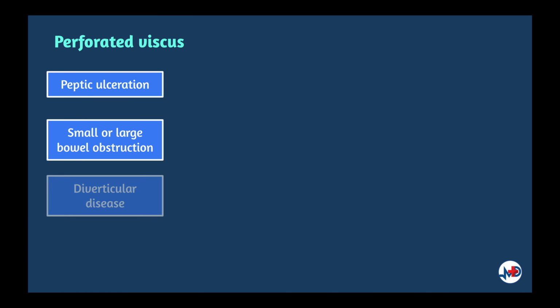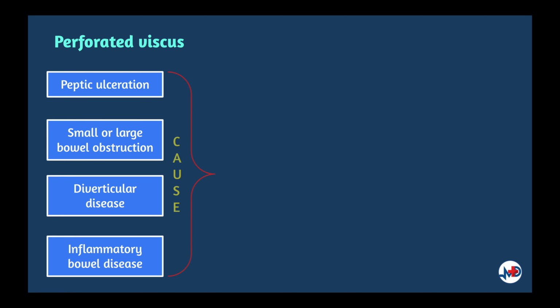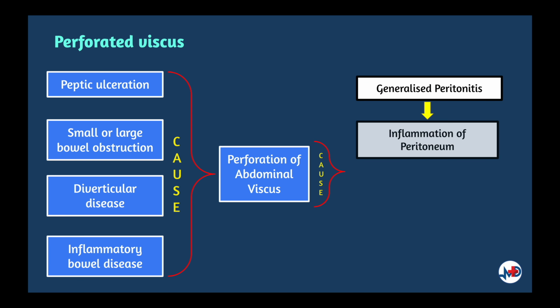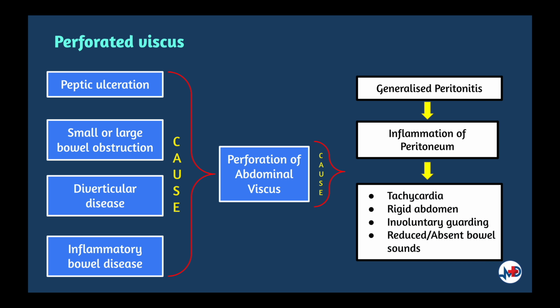Peritonitis is the inflammation of the peritoneum, and generalized peritonitis is most commonly caused by the perforation of an abdominal viscus. The causes of perforation are broad but include peptic ulceration, small or large bowel obstruction, diverticular disease, and inflammatory bowel disease. Patients with a generalized peritonitis often lay completely still, not able to move their abdomen, and